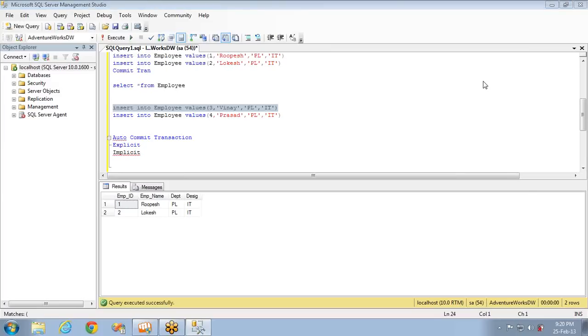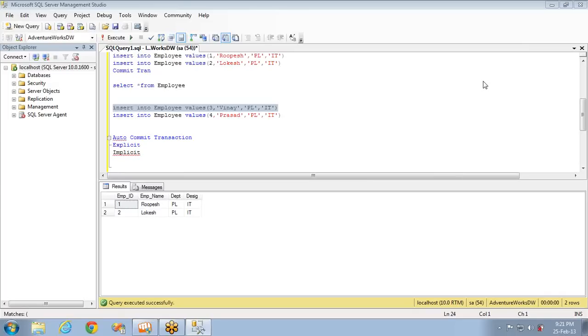Till now, from day one, we were discussing SQL Server basics and advanced concepts, and we never used a transaction. The default mode was auto commit, and every statement we wrote was treated as a separate transaction.